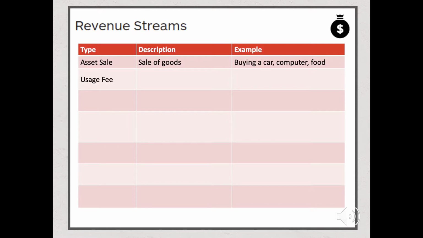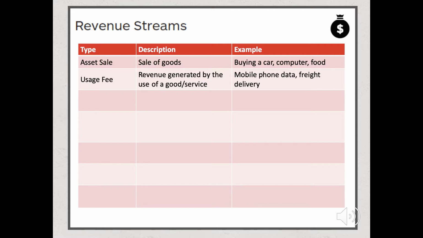Our second option is what we call a usage fee. This is where you actually generate revenue based on the use of a good or service. So some examples might be thinking about your mobile phone data consumption. You pay per set of data. Or if you're in the freight delivery business, you would be charged based on the actual mileage or the delivery